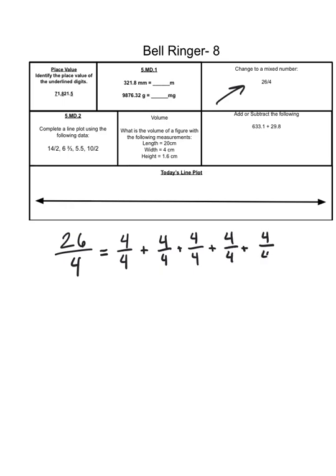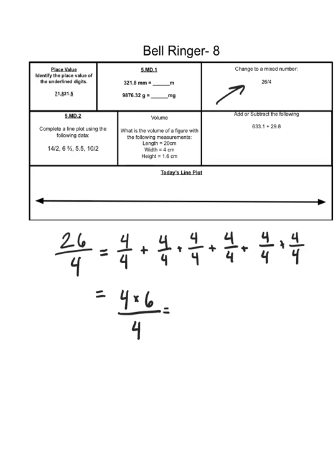Next, we're going to change 26/4 to a mixed number. So this one up here. 26/4 in mixed number form is going to be 4/4 plus 4/4 plus 4/4 plus 4/4. Oh my goodness, lots of them: 1, 2, 3, 4, 5 plus 4/4. Okay. That gets me all the way up to